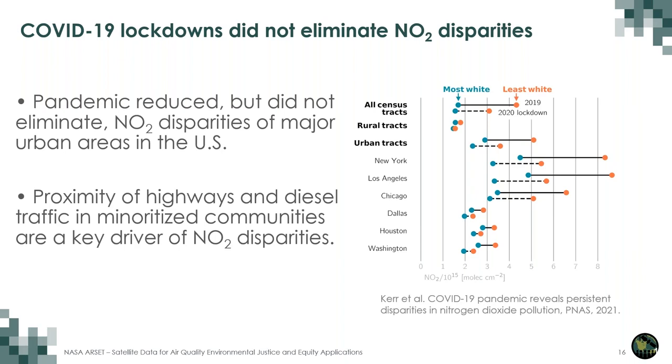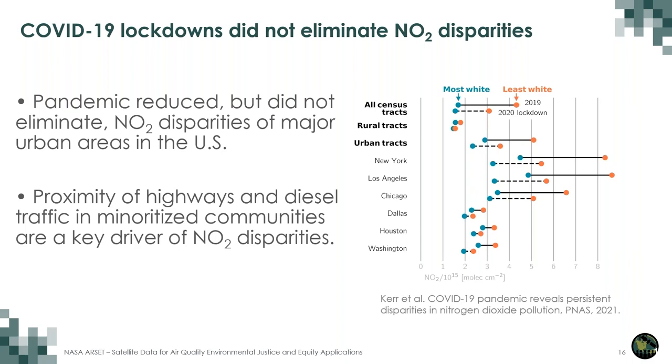During the 2020 lockdowns, about 50% of passenger vehicle traffic came off the roads. And we saw both the orange dots and the blue dots shift left, indicating that NO2 concentrations dropped for both the least white census tracts and the most white census tracts. And yet, we saw that the orange dots during the 2020 lockdown were still higher than the blue dots in 2019, indicating that even about a 50% drop in passenger vehicle traffic was not enough to eliminate those disparities